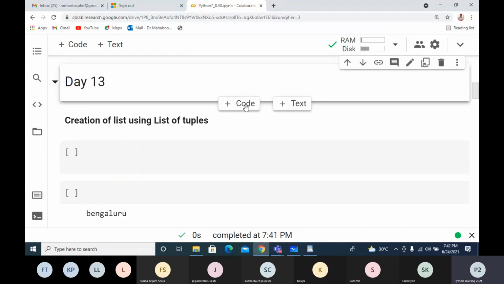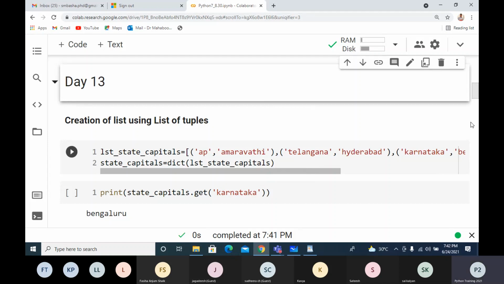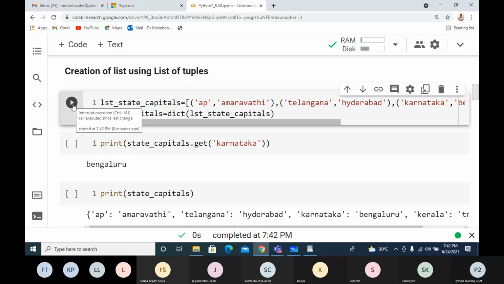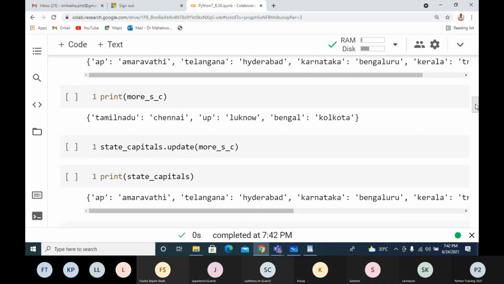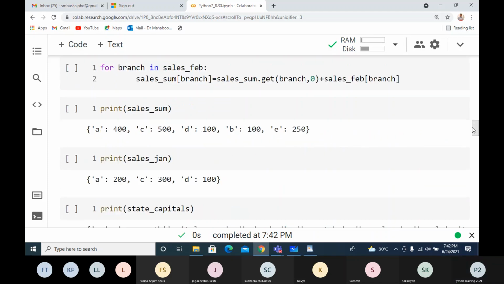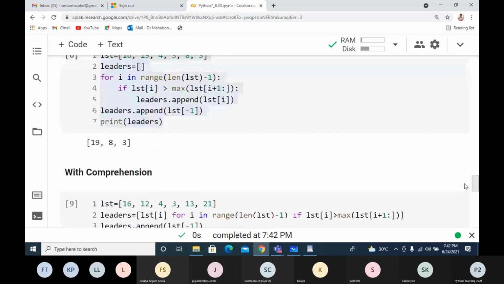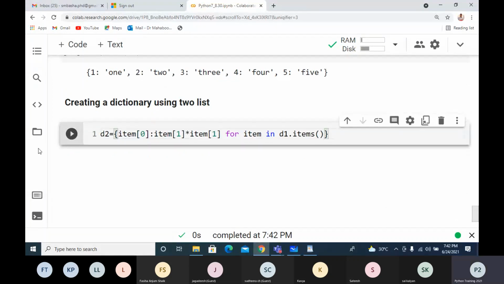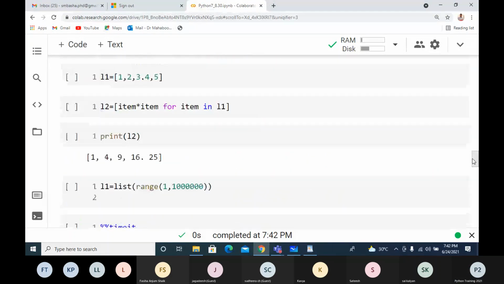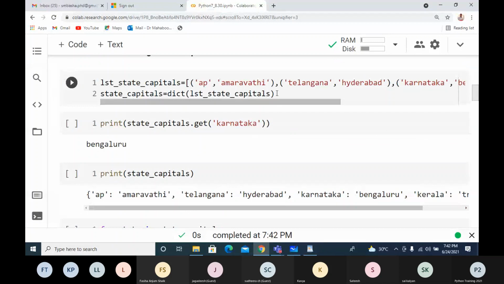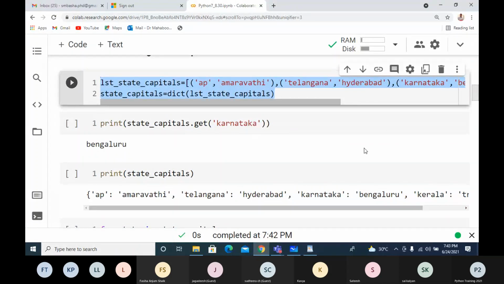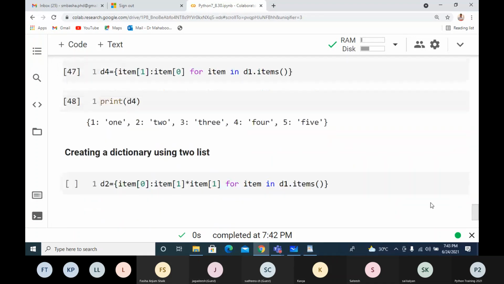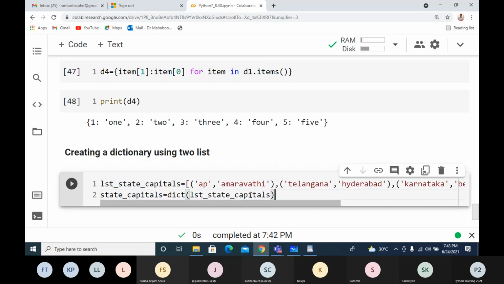So I have a list of state capitals, and I have a state capitals dictionary here.